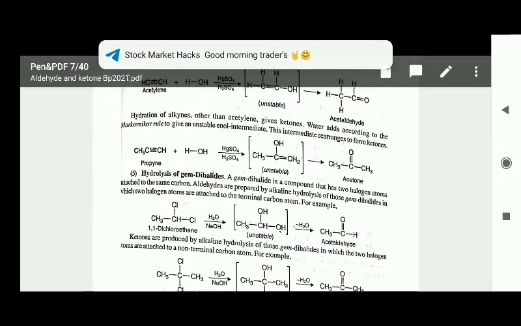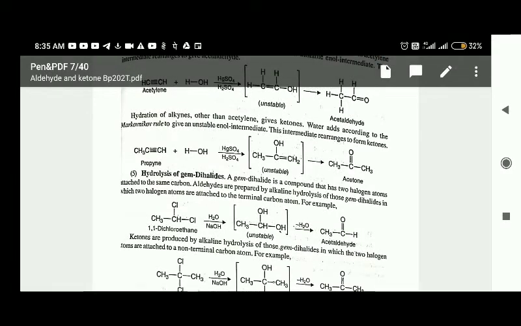So propyne, see beta, if you are treating it with water and mercury, what is the product? Addition reaction, you know the Markovnikov's or anti-Markovnikov's rule, how addition is happening. So the positive part is going to the carbon with more hydrogens, this H is going to pass there and OH is going to this secondary carbon, so a carbonyl compound, that is your ketone, is formed. So please remember this one.